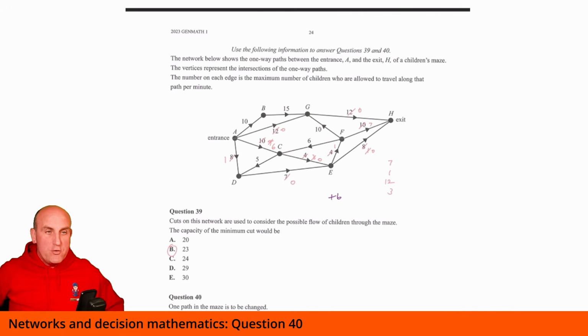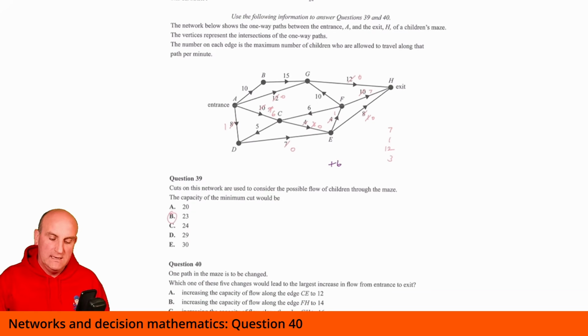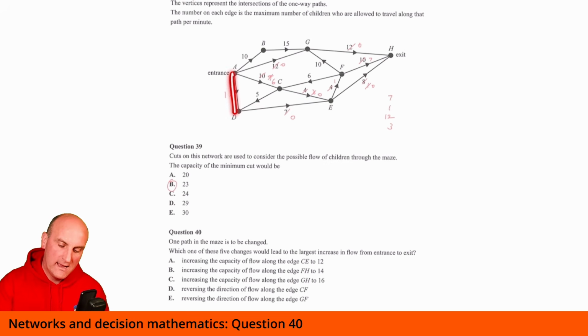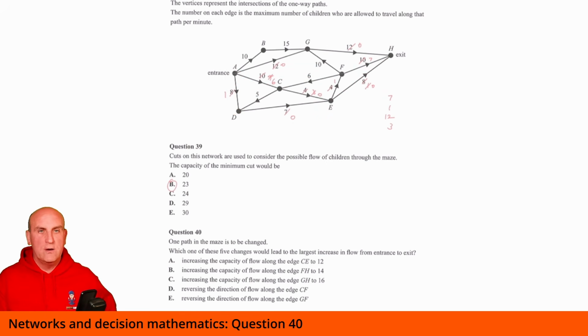Okay, so now moving on to question 40. Now, you eagle-eyed people may be thinking, hold on a moment, the colours have changed, the numbers have changed. Yes, it did absolutely change. I'm going to get rid of that +6 for a moment. The reason being is I actually went back to check it with my diagram, because sometimes doing the orders in different ways, let's do this one here and that one there, sometimes if you go along here and then, sorry, here, you can get different answers. I didn't get different answers. I still got 7, 8, 20, 23. So I got B for that one.